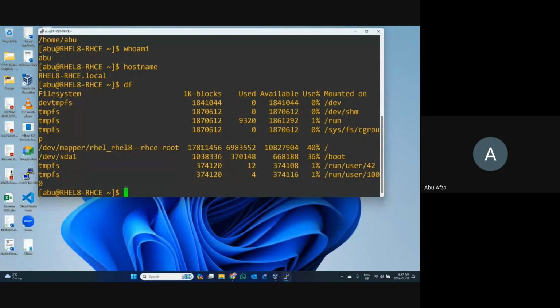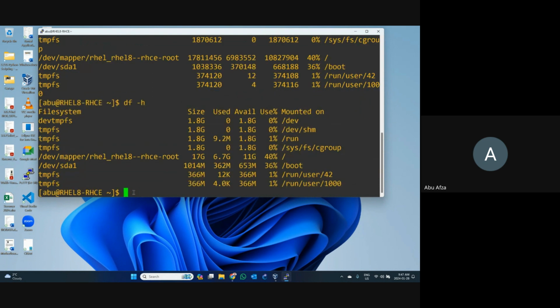And if you want to know the disk usage and detailed information, we can use df -h. And this is the hard disk, and this is the space we use. And this one is still available.